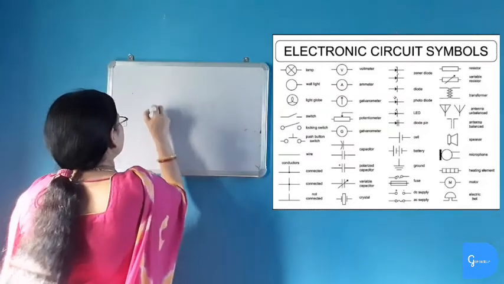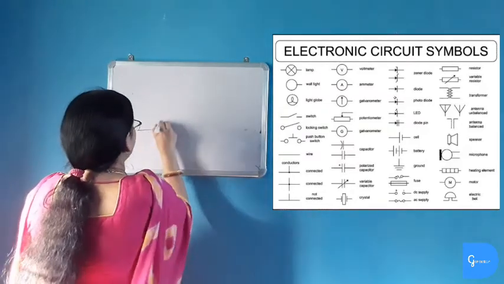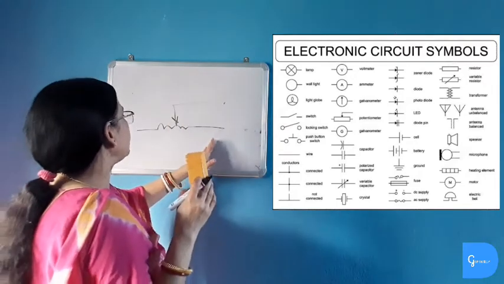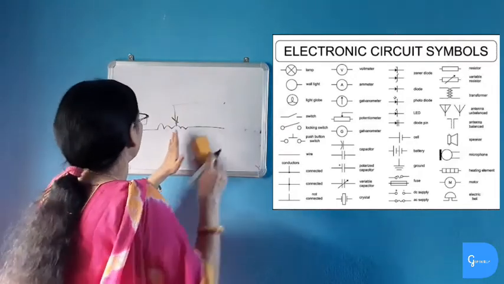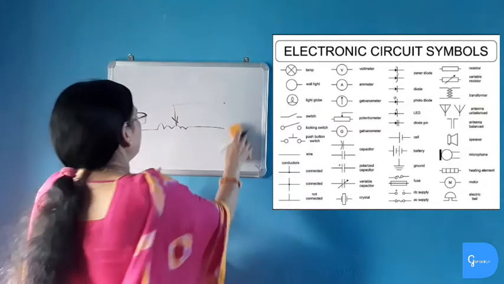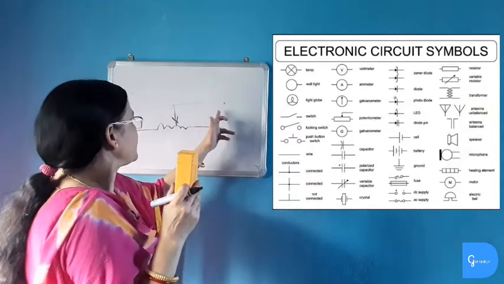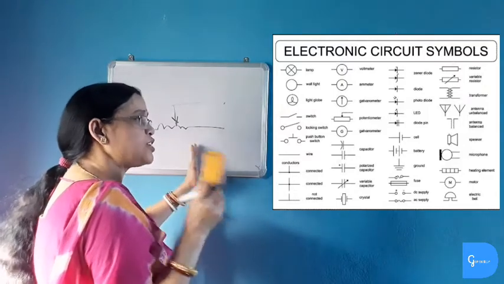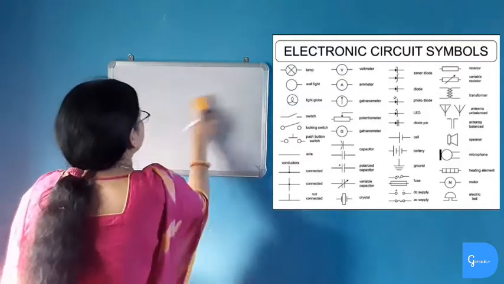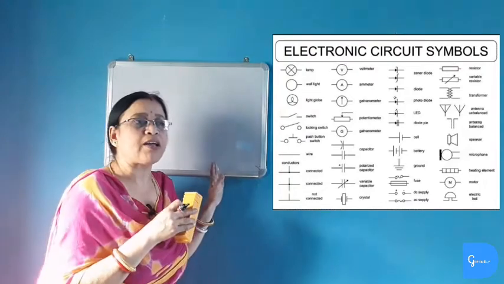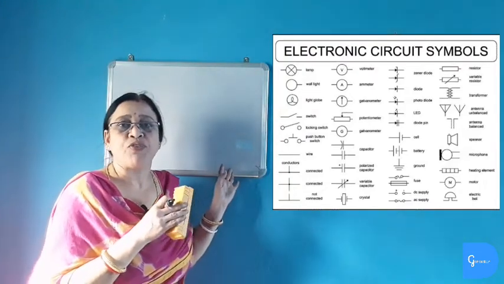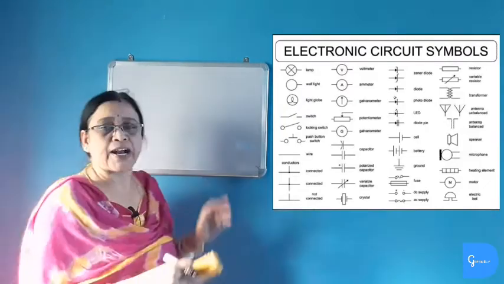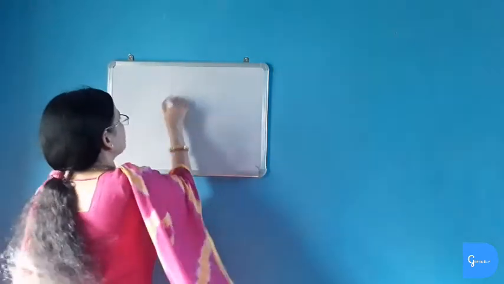Rheostat. What is a rheostat? Variable resistance is known as a rheostat. In the circuit, a rheostat is placed to vary the resistance, and as the resistance varies, the flow of current also varies without changing the potential difference. One more term is galvanometer. What is a galvanometer? A galvanometer is an instrument which is used to detect current. Now in our next class we will discuss Ohm's law.